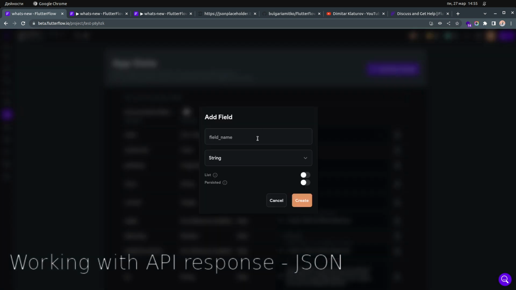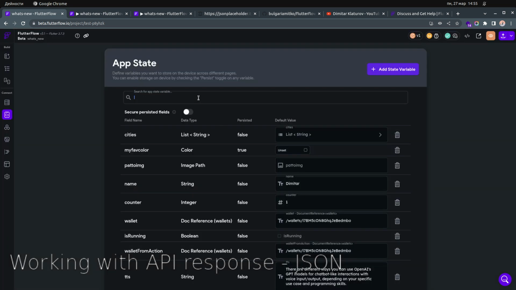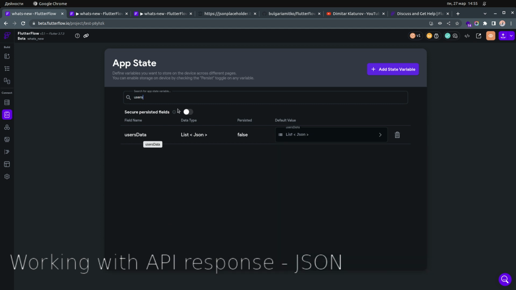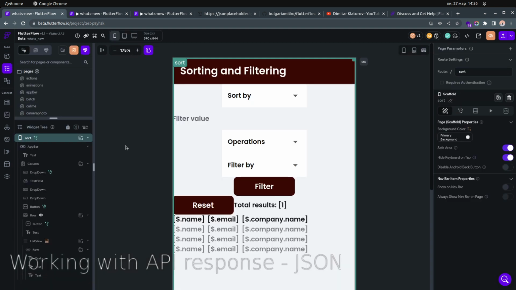I don't have anything here, and persistent is false in both values. If I click over here, this is how I created it: users data, which is a list of JSON. I'll click create. I will not create it right now because, like I said, I already created it, and you can see it over here. This is the users data, and I have the initial data, which is a list of JSON again. So you have to make sure that you have those two. And then if I go back to my setup,